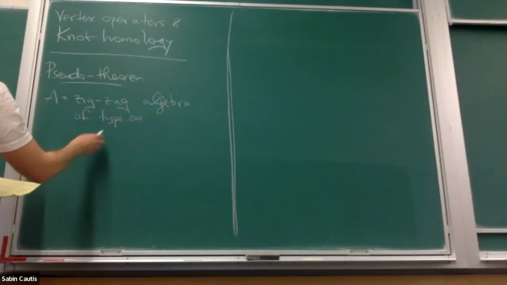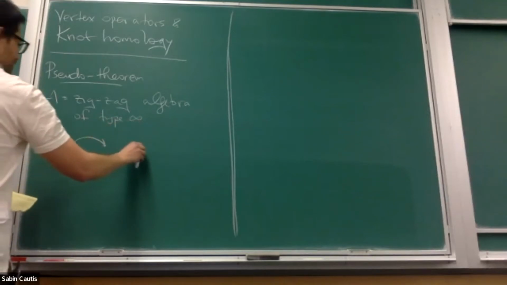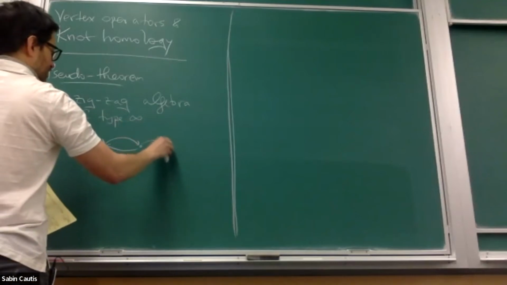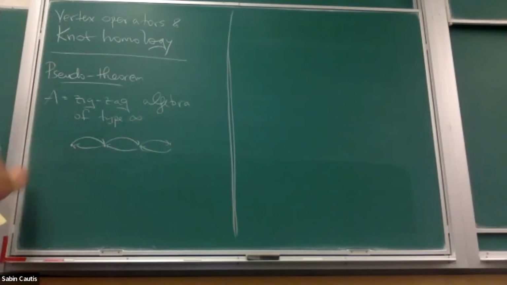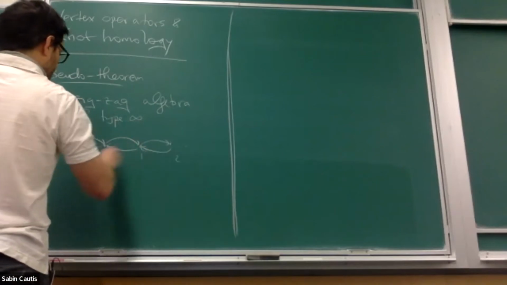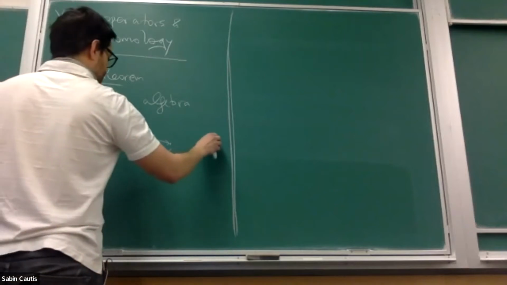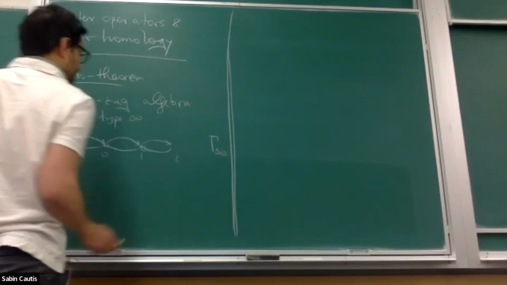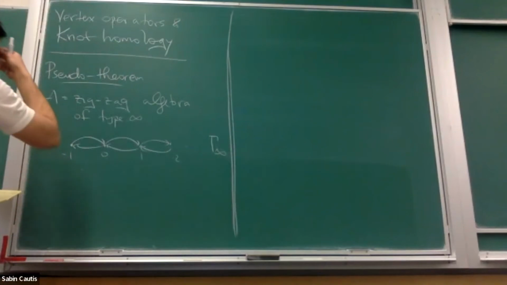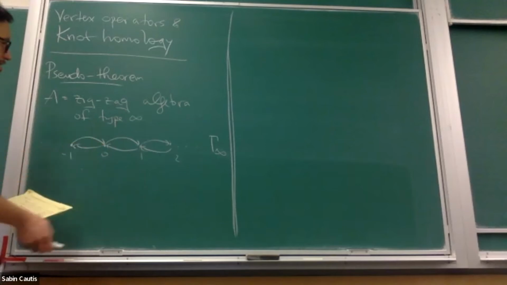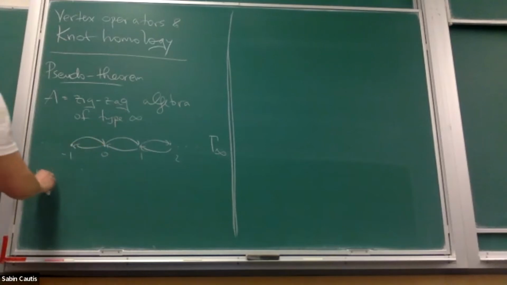So the zigzag algebra is the following algebra, which you probably know, but I'll go through it for you. It has infinitely many vertices, which is why it's called type infinity, like so, and it keeps going in all directions. And these are the vertices 0, 1, 2, and so on. It's called this graph gamma infinity. And what are the relations? So the algebra is the path algebra of this guy, and the relations,